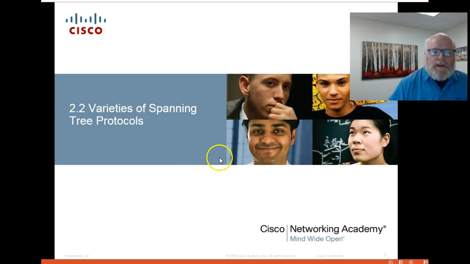Hi and welcome back. I am going to talk a little bit about the varieties of spanning tree protocols now. This is part 2 of the 3 in the spanning tree chapter. I've kept this one bare bones, so it shouldn't take too long to get an overview of what we're looking